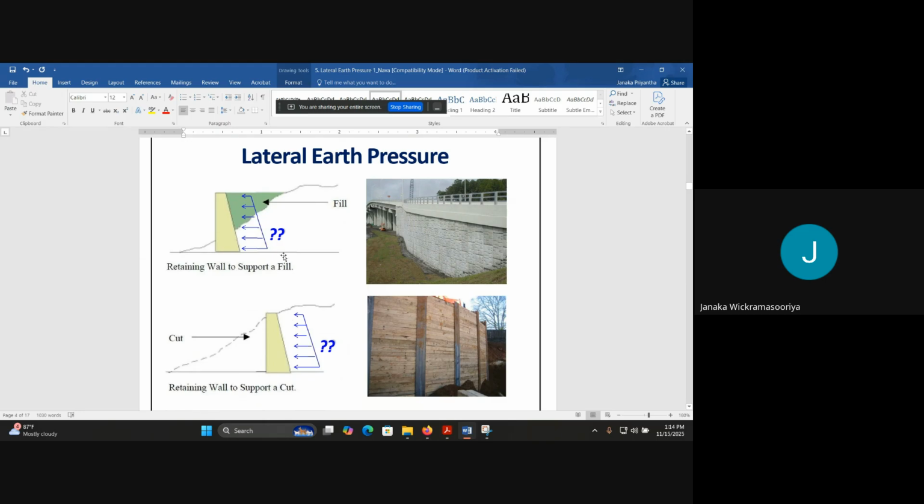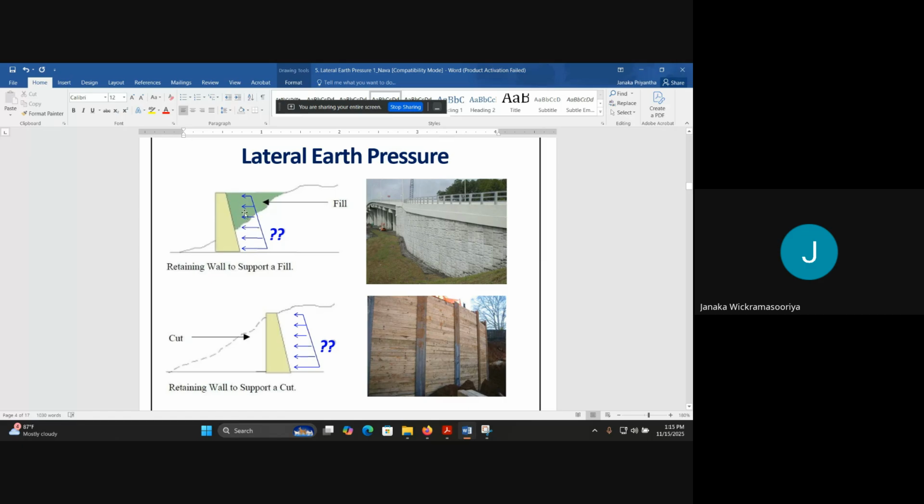So what is the purpose of having this kind of wall? One purpose would be a retaining wall to support the fill. The initial actual ground surface is something like this. So if you need to have some surface like this, some fill, this green color fill, what you can do is construct a retaining wall here and fill this, so that